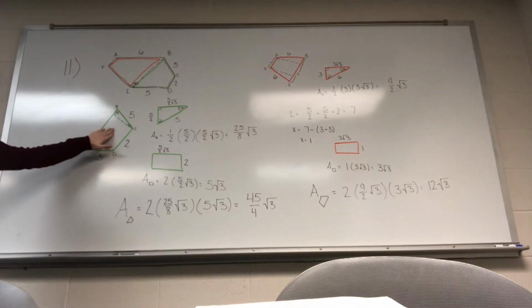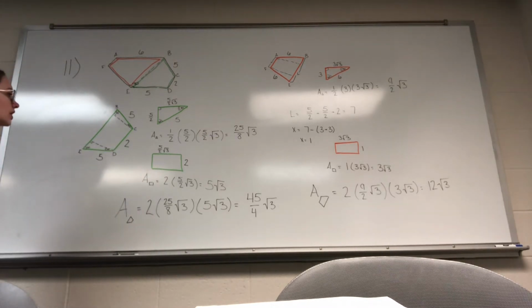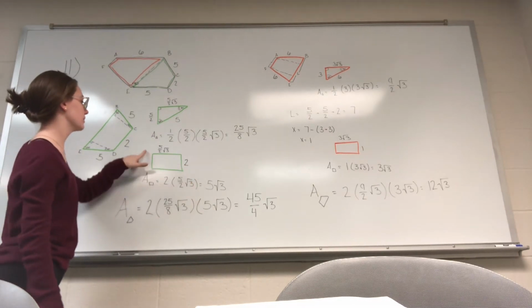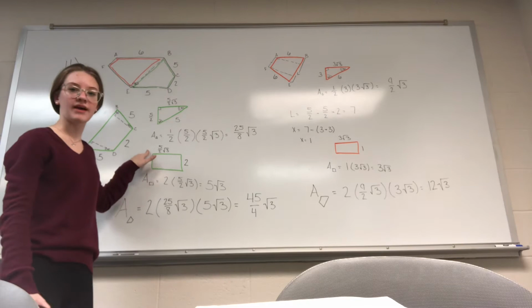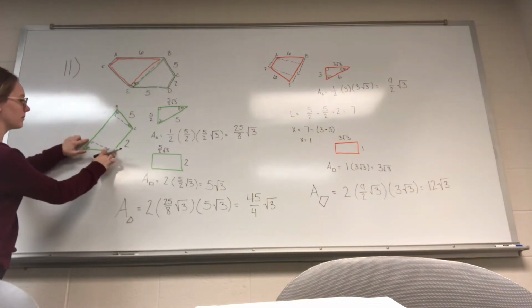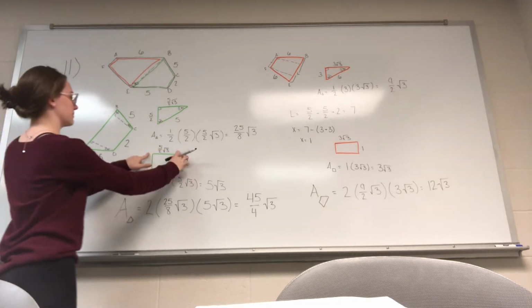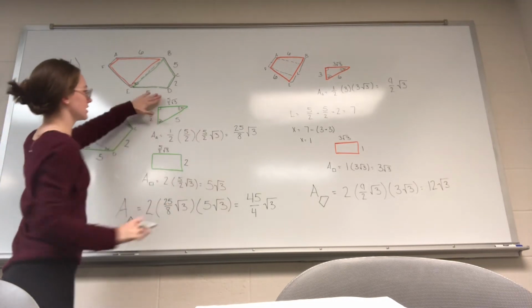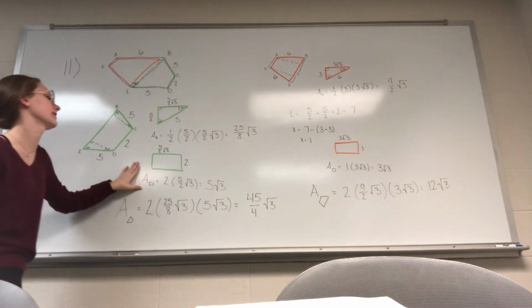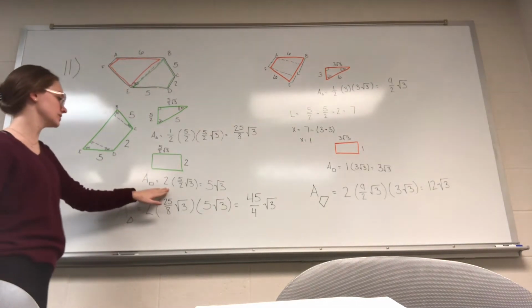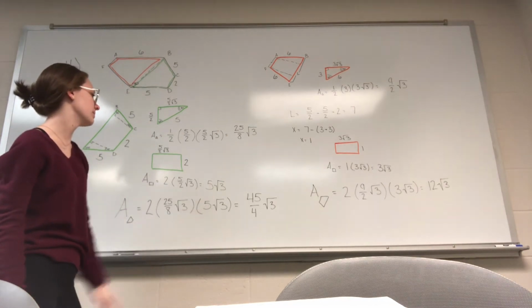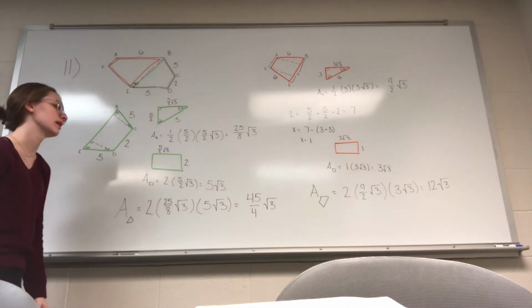So then you want to find the area of the rectangle. We have this side as 2, and we know that this side is going to be 5 halves square root 3, because this part is the same there as it is here. So we just took what we had from the triangle and brought it down here. Then we find the area of that. We do 2 times 5 halves square root 3 to get the area of the rectangle to be 5 square